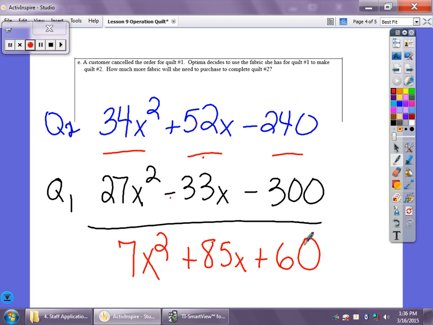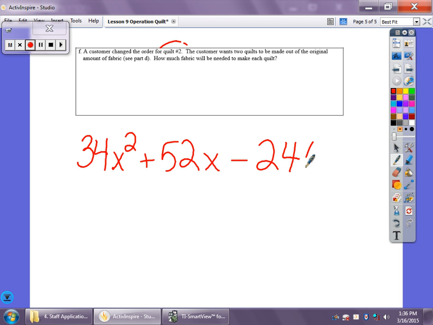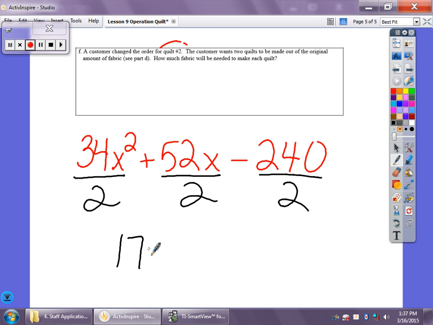Okay, final question. Again, looking at quilt 2. They want us to look at quilt 2. So that was 34x squared plus 52x minus 240. I have this much fabric in stock. I want to make 2 quilts, and I want to know how much each quilt will get. So I'm going to make 2 of the same quilt. So I'm just going to go and I'm going to divide everybody by 2. And that gives me 17x squared plus 26x minus 120 is what I'm going to use for each